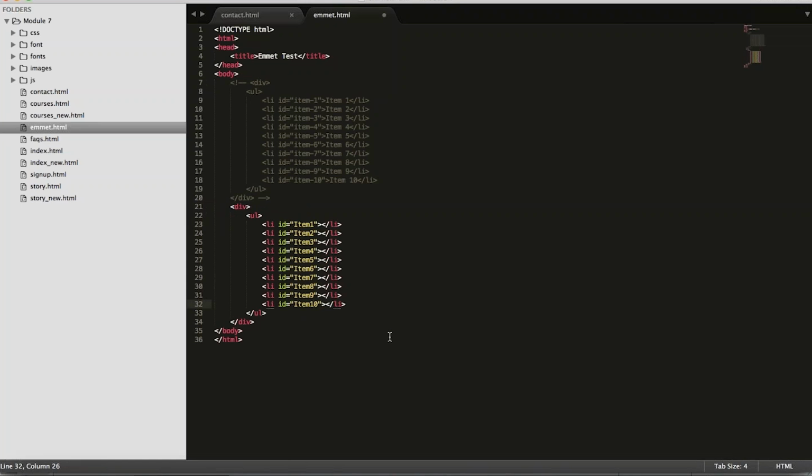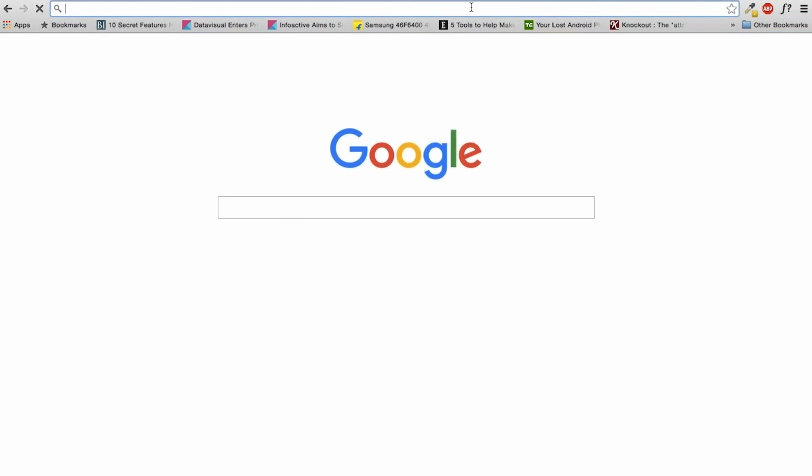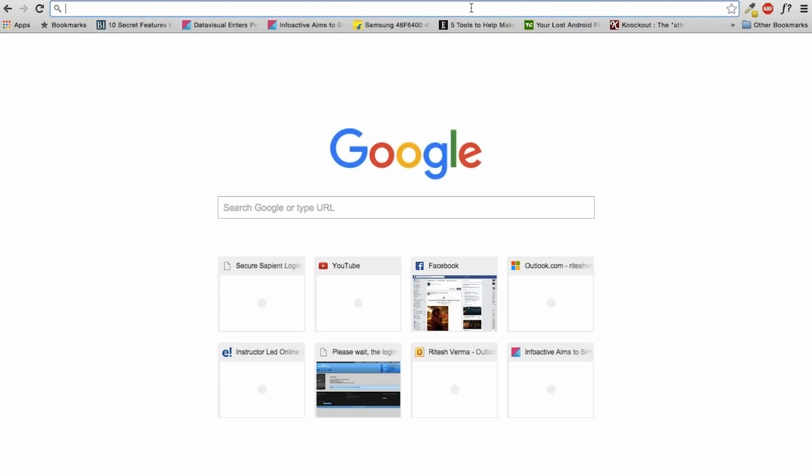Now some of you may want to know whether it's a Sublime Text feature. No, it's not a Sublime Text feature. It's an Emmet plugin which helps us do this. Similarly, there are several other things which help us. Let's say if I want to find a bug in my JavaScript code, how will I be able to find it?